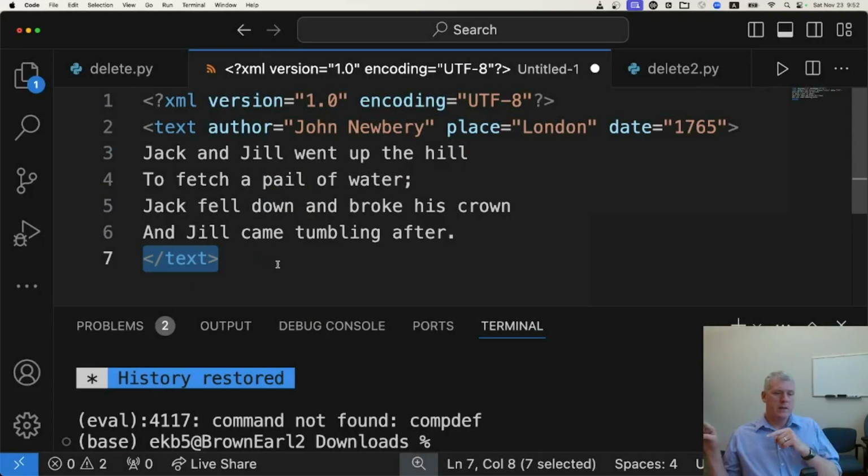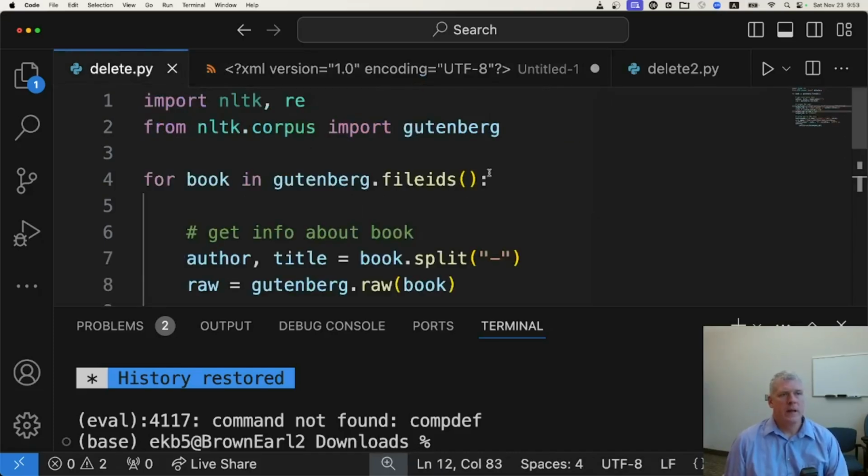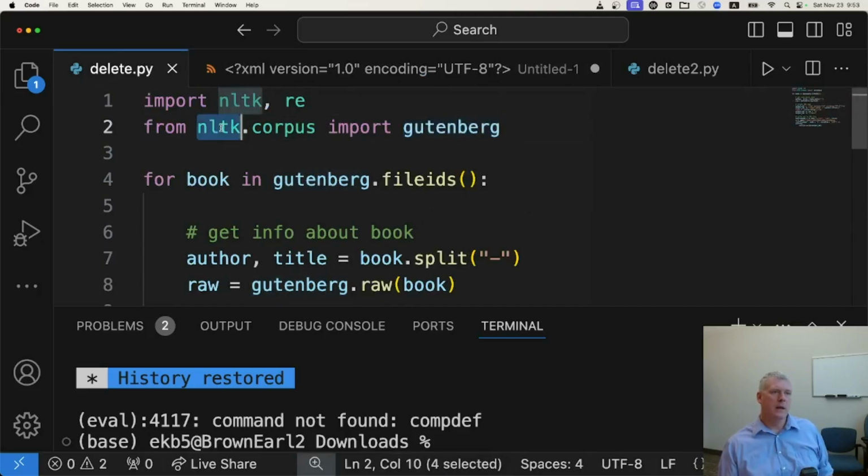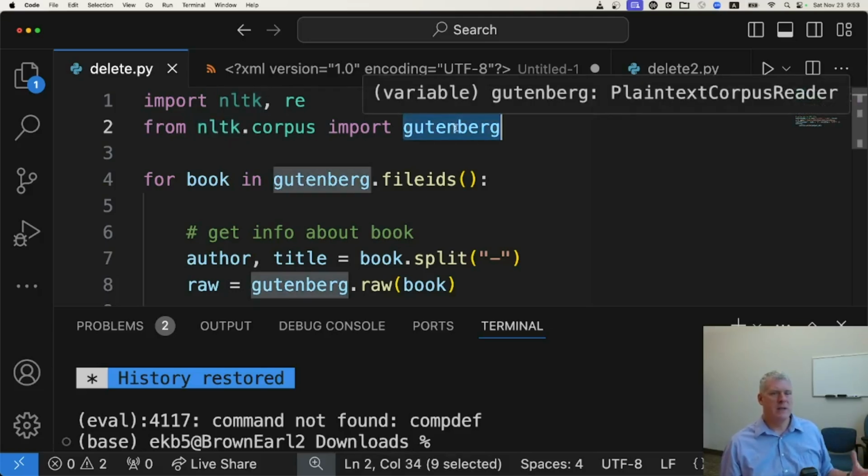So once I import this into LancsBox-X, it'll be available. Now with a one-off situation like this, that's obviously not hard to do by hand like I just did in front of you. You may want to find some way to automate that process if you have a large amount of text, using Python or Julia or R, some type of scripting language, to automate what I just did. To give you an example of that, let's take a look at the Gutenberg corpus in NLTK. NLTK is a natural language toolkit in Python, and it has a small subsample, like 10 or 15 texts from the Project Gutenberg